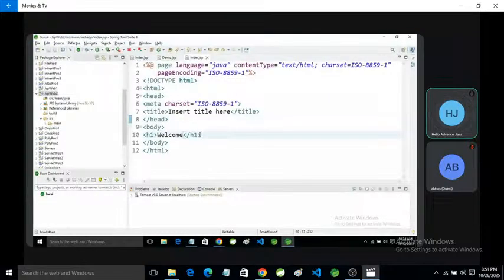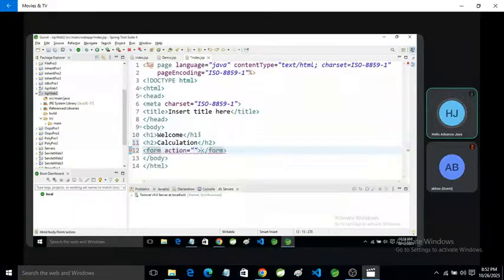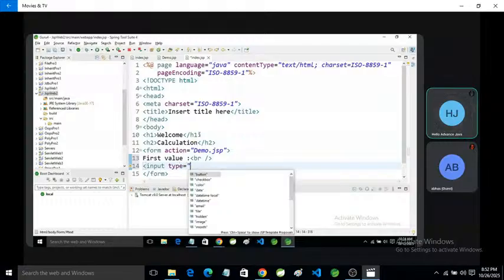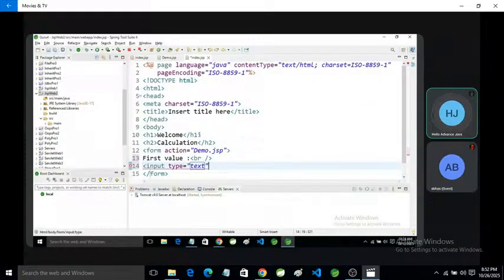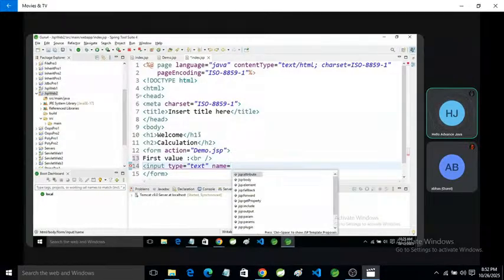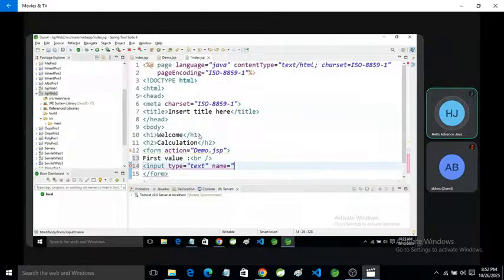And suppose you want to perform the calculation. So create a form with the first value, name is equal to num.